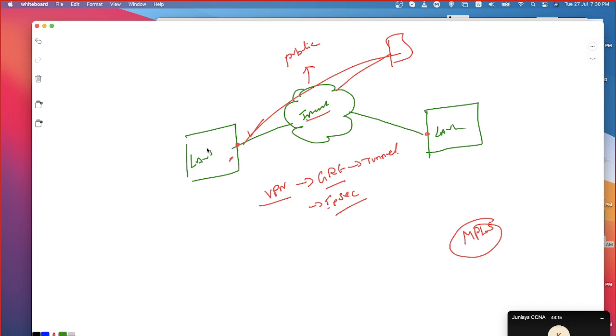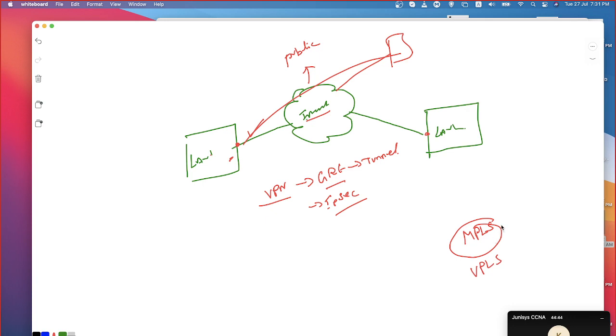In the enterprise managed VPN, the customer is responsible for establishing the tunnel between their sites. Everything is going to be under the responsibility of the customer. When it comes to provider managed VPN, the customer need not do anything. The complete set of work is going to be taken care of by the provider. Because of that, we call that kind of VPN provider managed VPNs. One of those VPNs is MPLS, the other one is VPLS. Like this we have a couple of them.